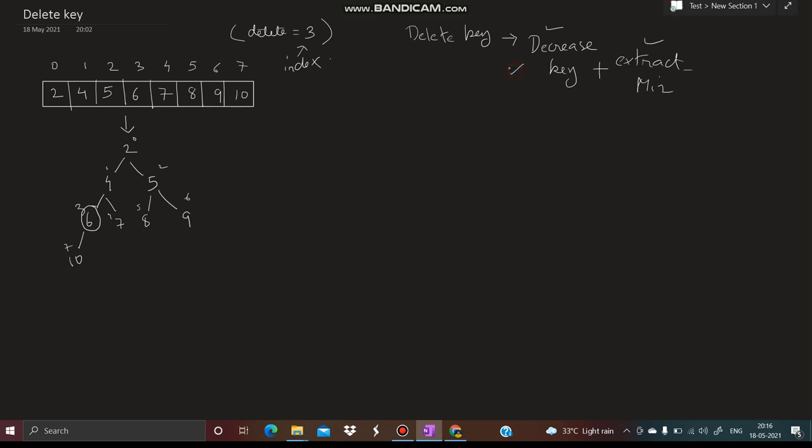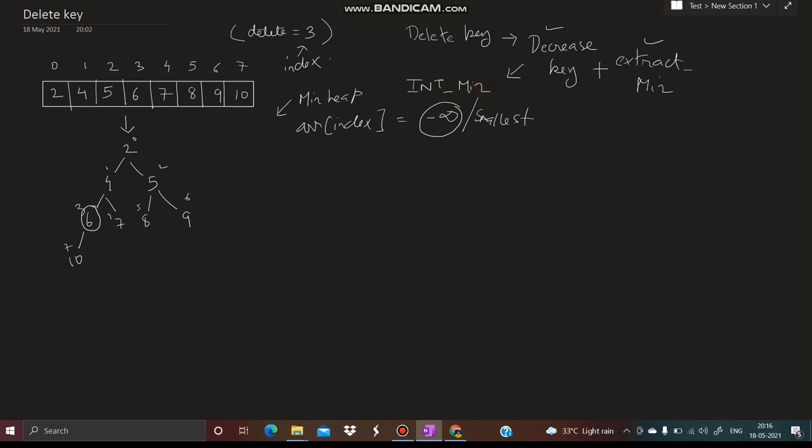Let's start. First, I'll be performing decrease key. In decrease key, if it is a min heap, we need to replace the value with minus infinity, or it can be the smallest value. While programming, we can replace the given index with int min.